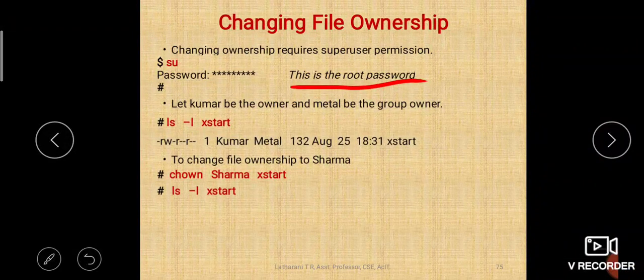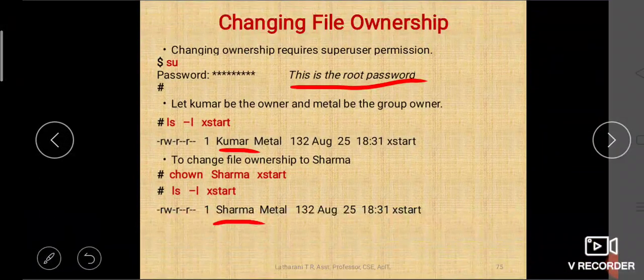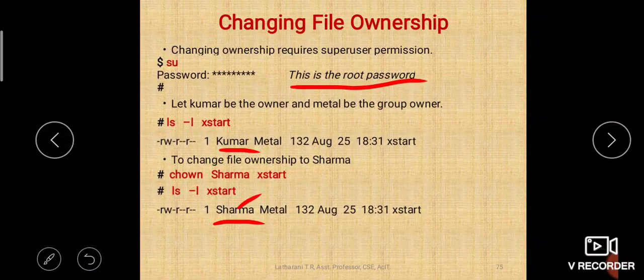Now again, if you execute ls -l with xstart, then you can notice the change here. Previously it was Kumar, now it is changed to Sharma, right?